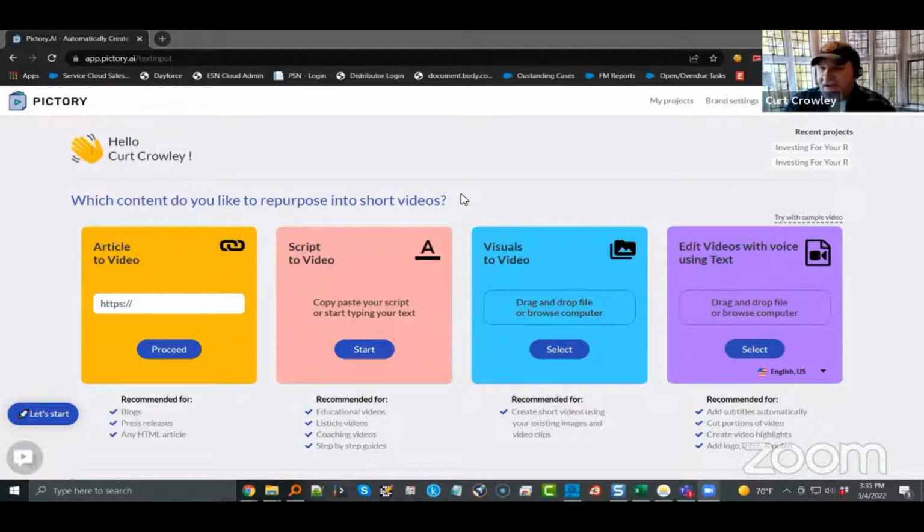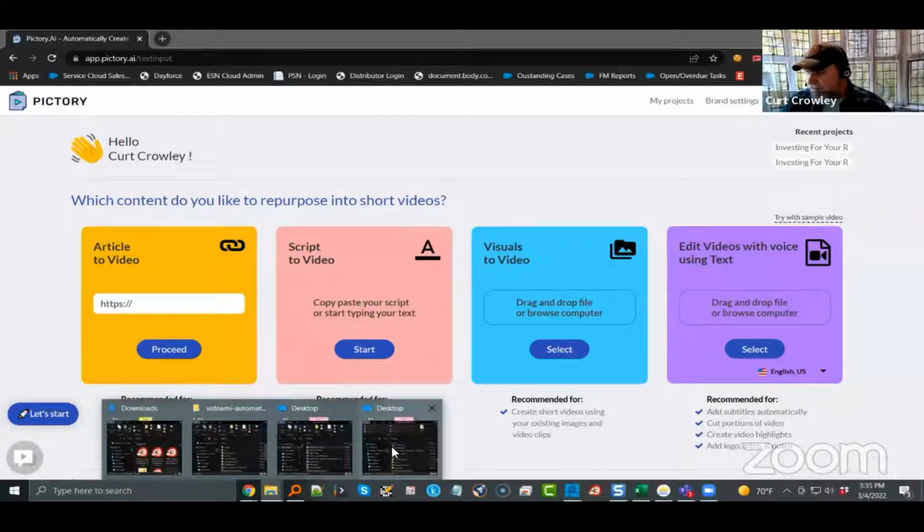So I found Pictory. Pictory is a group of developers. They are in the Middle East, or in India, I believe, or Pakistan, but they understand the need and they stepped up and fulfilled that need. Script to video is the portion that they utilize. So what I did with Vidnami was you could upload a zip file with your text files, and I will show you exactly what I mean.